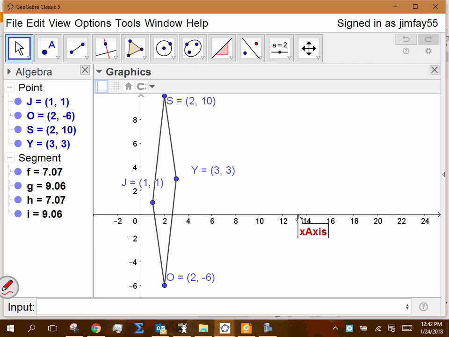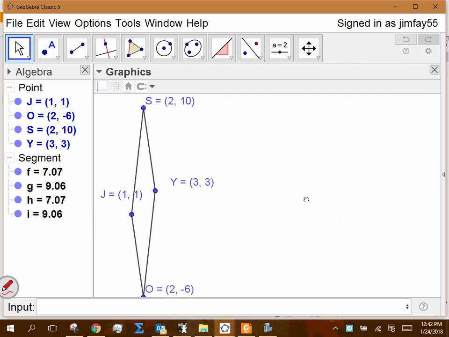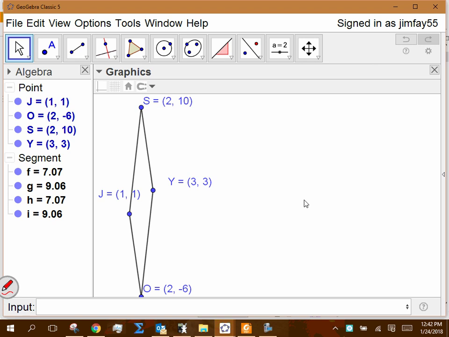If it's all there in your picture, it allows you to work through the problem a little bit quicker. Just because I want to write on this a little bit easier, I'm going to get rid of the grid lines, but is everybody okay with that, realizing that the coordinate plane is still there? What we're going to do here is try to prove that this quadrilateral is a parallelogram. Now, it looks like a parallelogram, which is nice, but on the exam, if you get a picture,